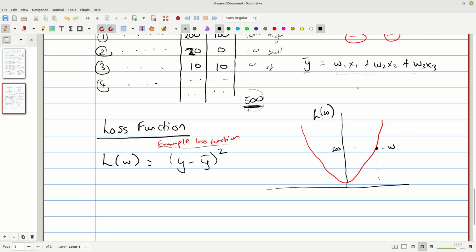And as you can imagine, in this function, the minimum point is right here. This is where the loss is minimized. So whatever the value of W is at this point is what we want.